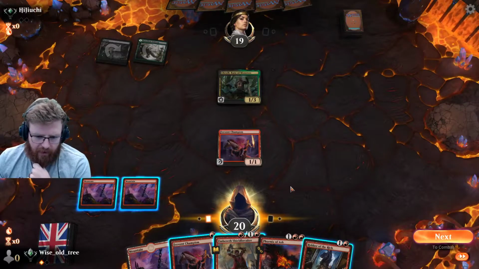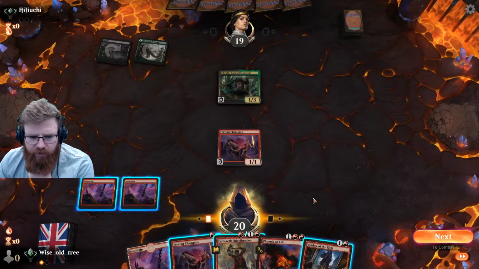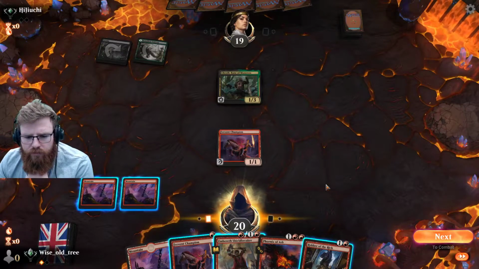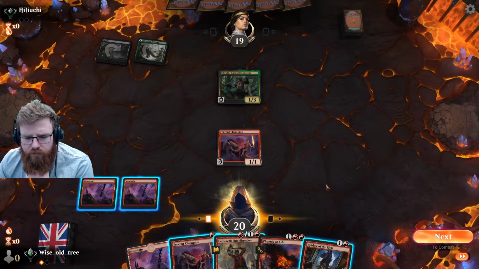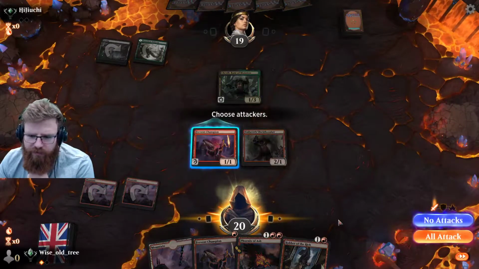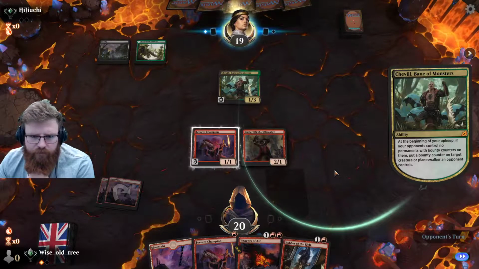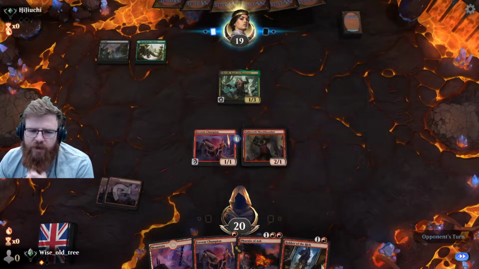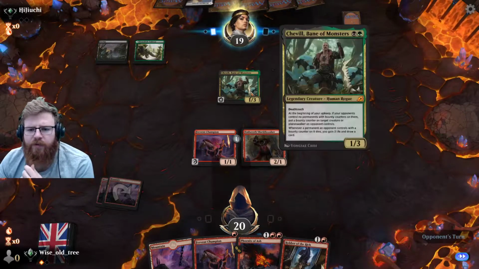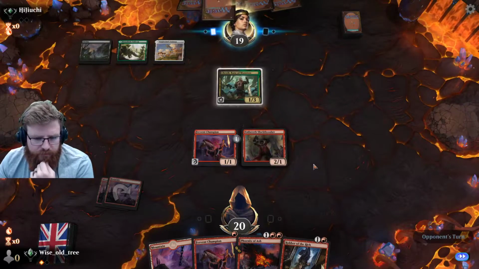So unfortunately, this thing is bigger than we are. So it is just going to be better. We didn't see any artifacts. We probably should have boarded out the Shield Breaker. I should have thought about Cheville. There's quite a few decks playing that at this kind of ranking, so...